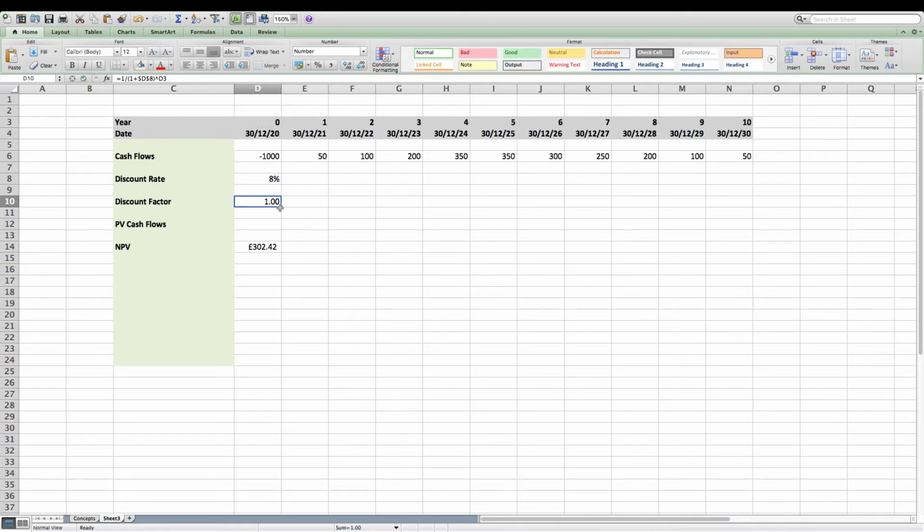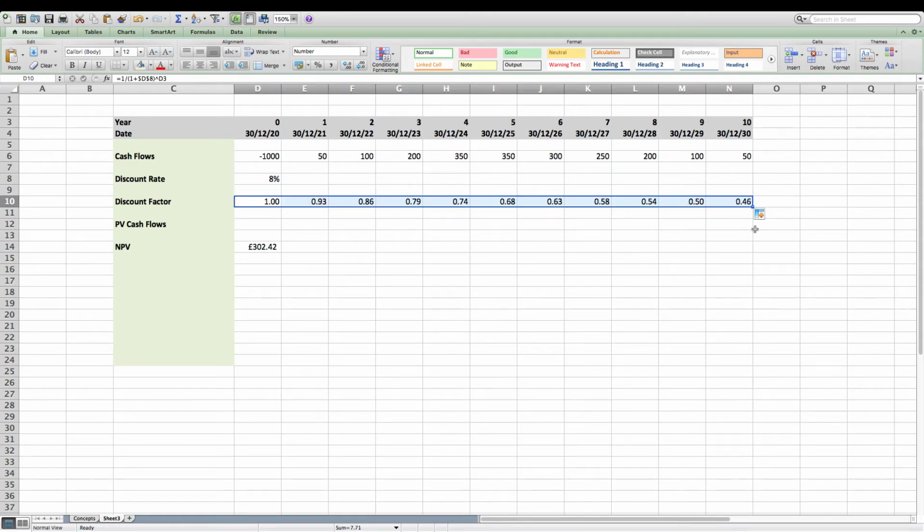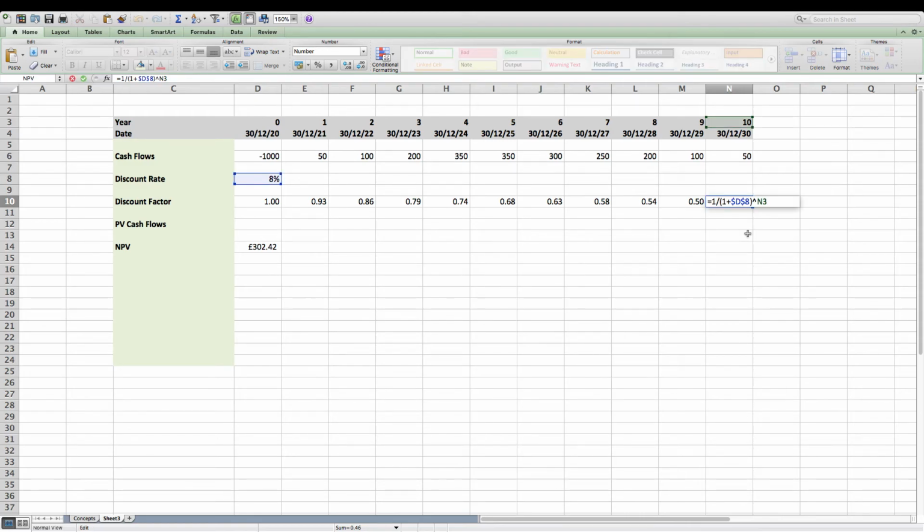I drag this out, and what it effectively tells me is that, as expected, as we move into the future, the discount factor which will be applied will be lower